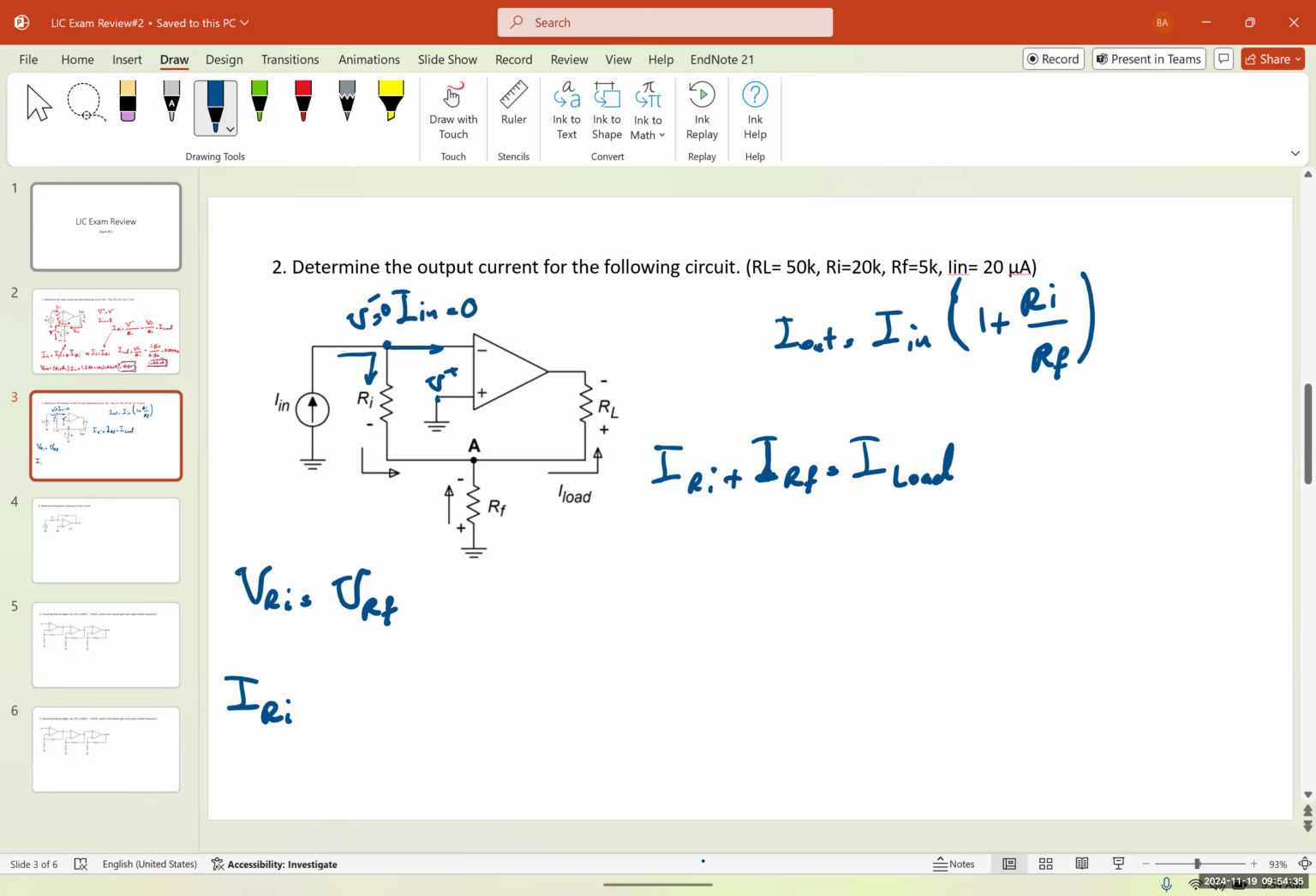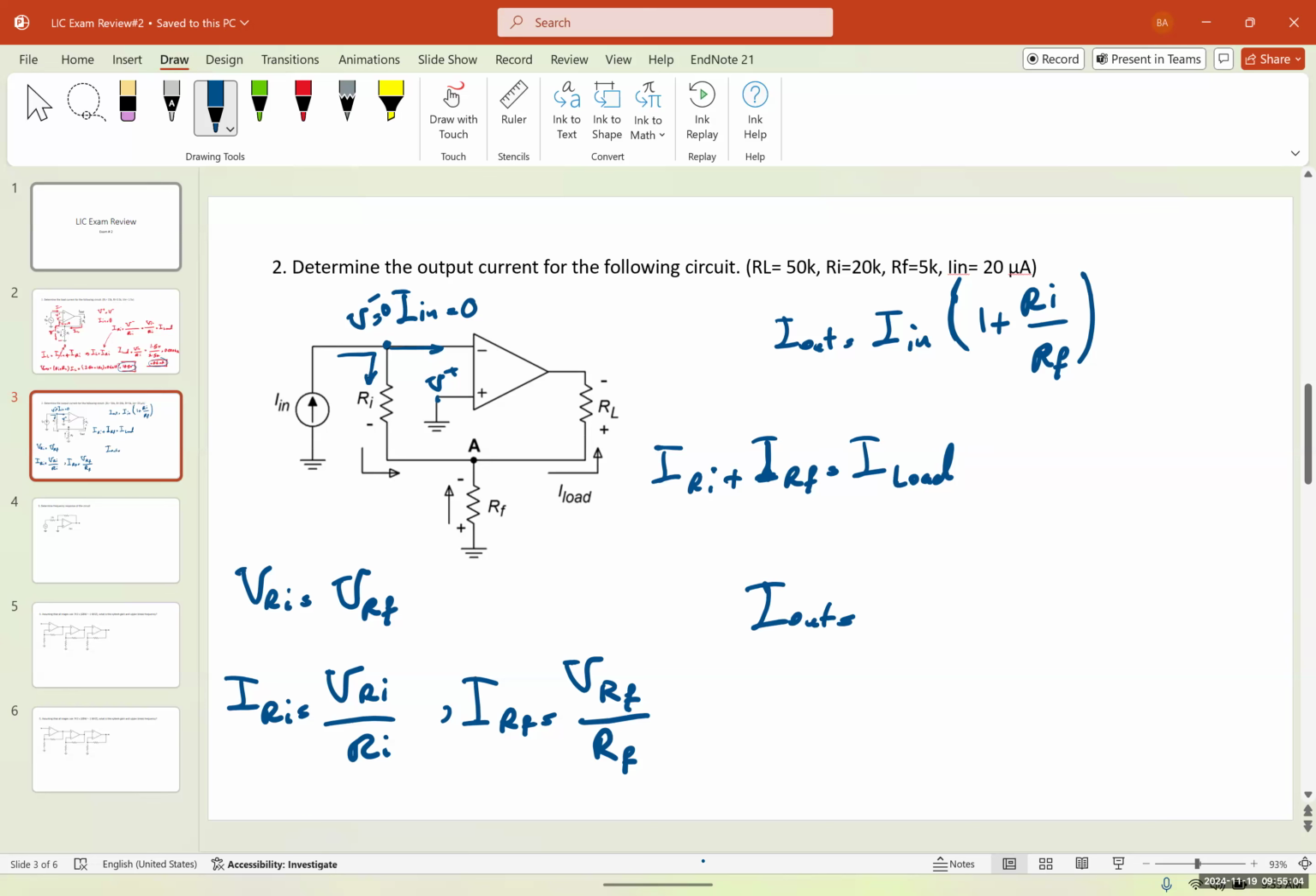And IRI is equal to VRI over RI. And IRF would be equal to VRF over RF. And we can replace this in this equation, and we get to the point that I out would be equal to IN times 1 plus RI over RF. So simply putting it in that equation,